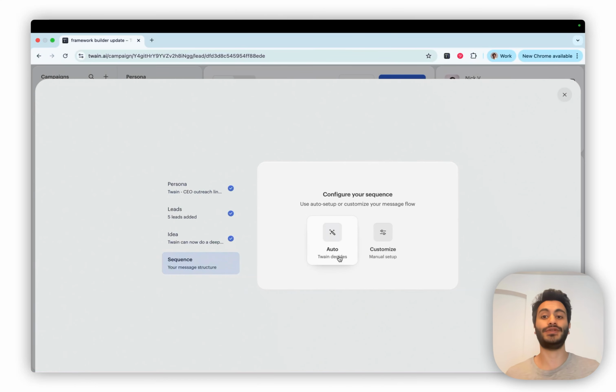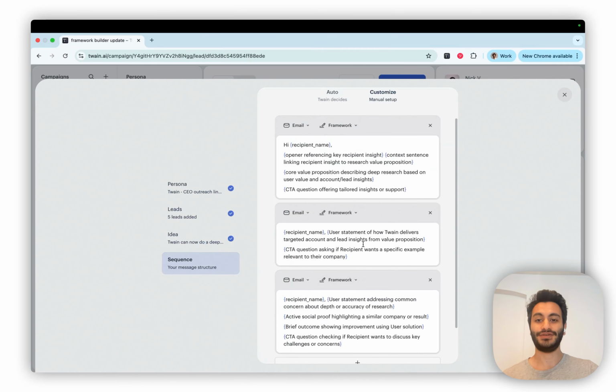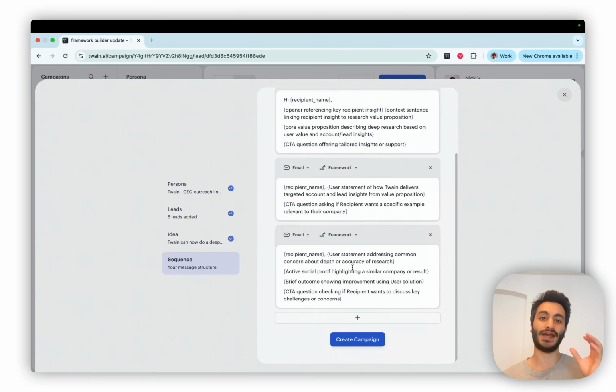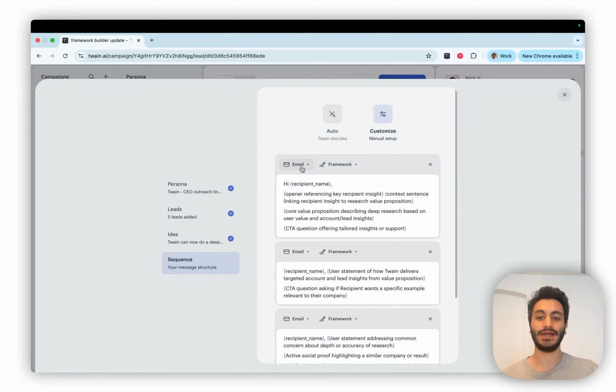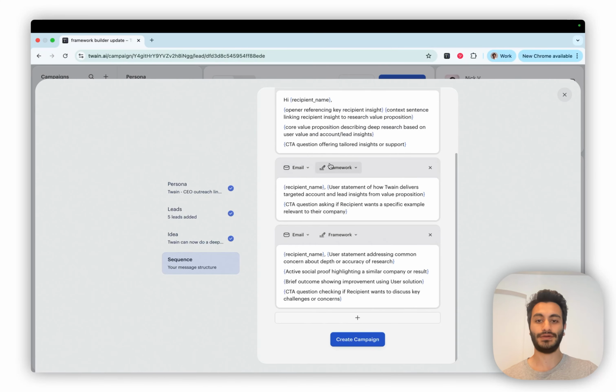and then Twain will put these together. But now you can click on customize and then this happens. You'll see here the messages with the actual structure of the message. Of course, you can still switch between email and LinkedIn, introduction and follow-up. Obviously here, this is now a follow-up as a second step, and this is also a follow-up as a third